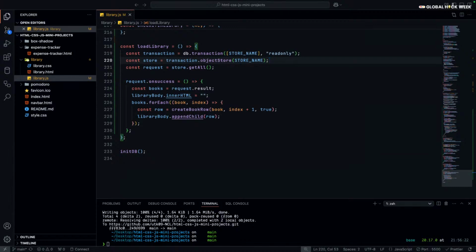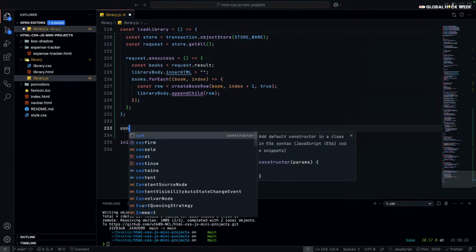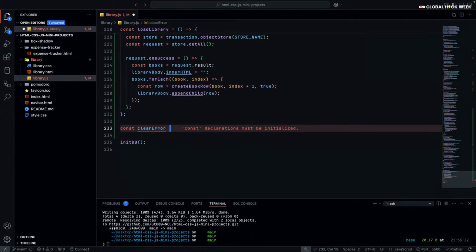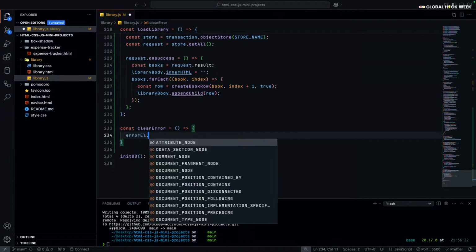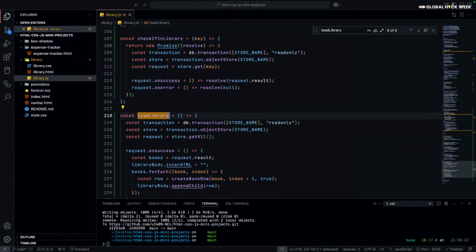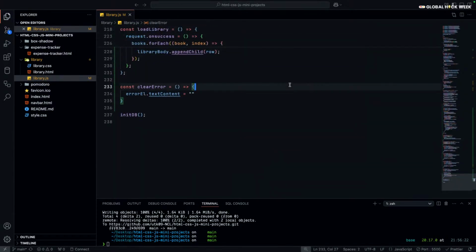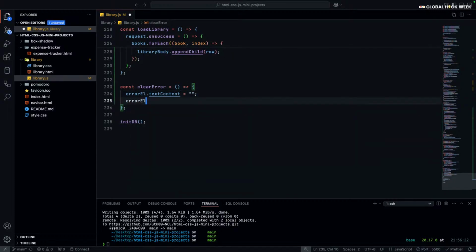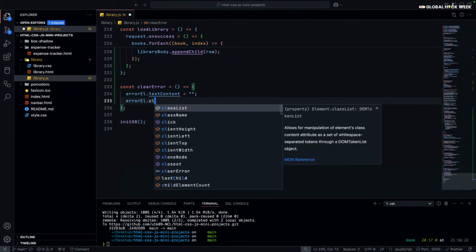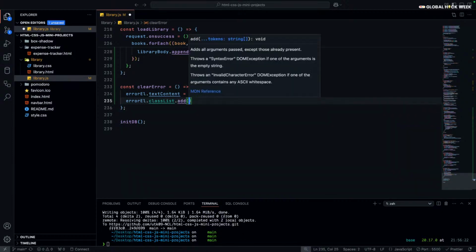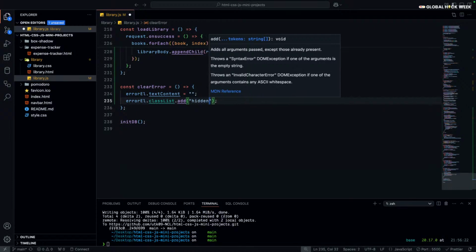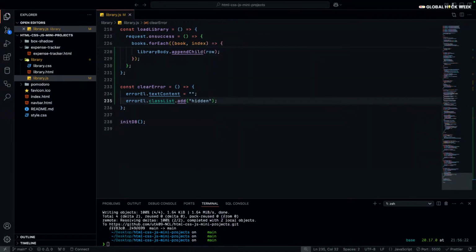What else? We have not created a toggle yet. Actually, we have a bunch more small things to take care of. One is clearing the error. So const clearError, that is another function that we had created. We'll say the errorElement.textContent goes to empty. Then what else? We'll say errorElement.classList.add hidden. So if you want to hide the error, like let's say it's not an error anymore, then in that case,